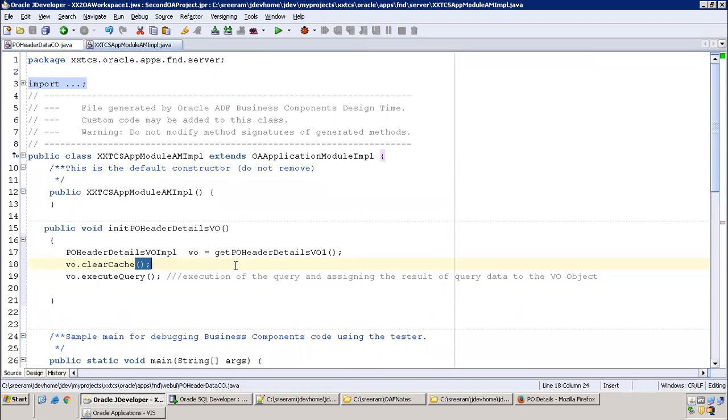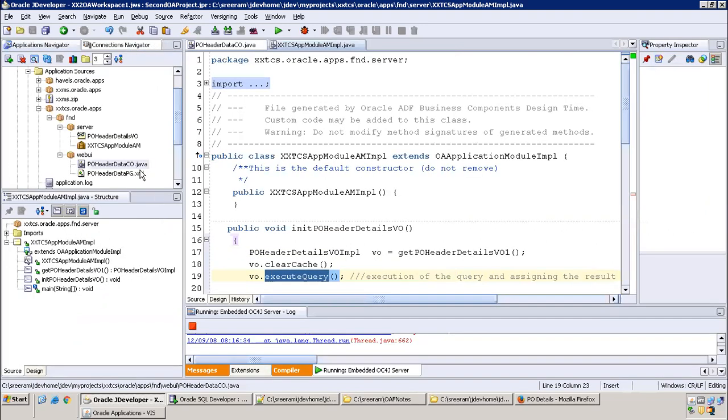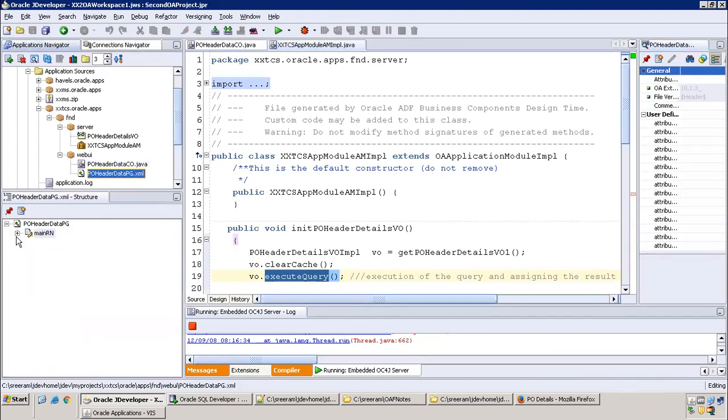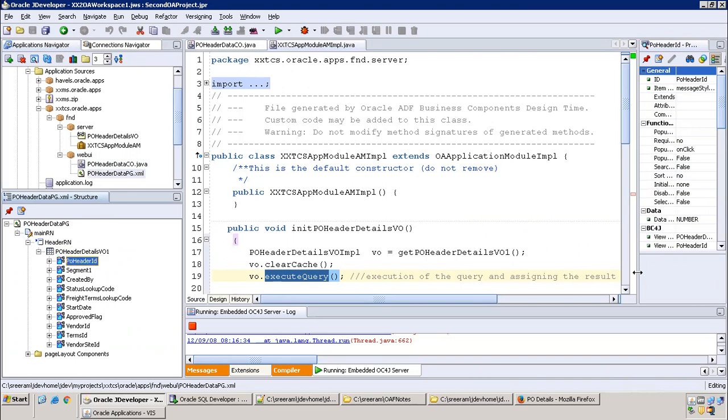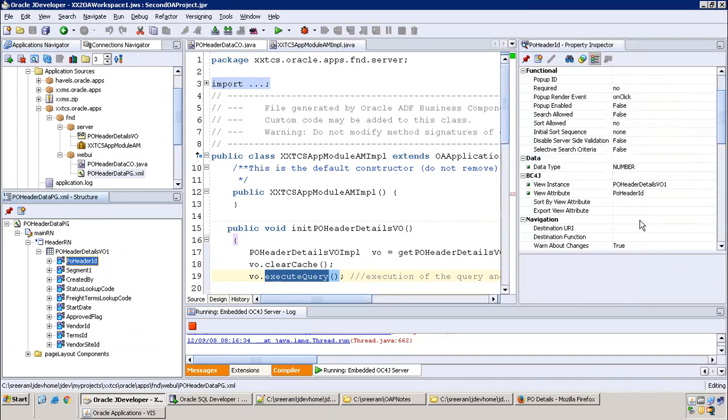We followed a similar concept again. Get the instance of the VO, and in the VO we have a method called executeQuery, which executes a query available in the VO. Once the VO is populated with data, the page will automatically get populated too, because we have assigned the VO to the table region. If you observe carefully, each item has the VO instance as well as the VO attribute. This is how they communicate; this is how they are interlinked.